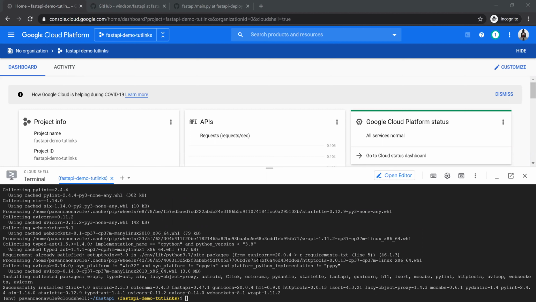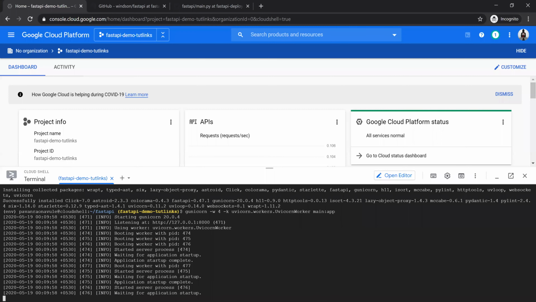The next step is to run the application within the Cloud Shell by typing gunicorn -w 4, which is the number of worker processes, and the worker class is uvicorn worker, and the typical syntax that is followed by FastAPI, which is main:app, and hit enter